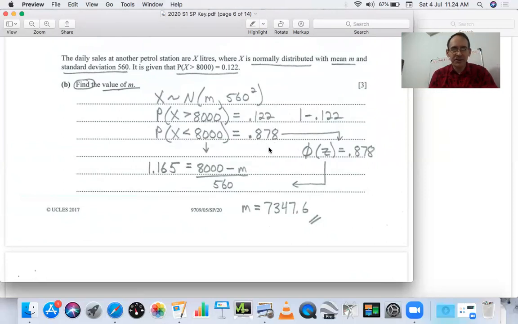Now remember, this is probability, not your z number. So this is not the left-hand column in the upper row. This is the numbers inside your chart, the probability numbers. So you're searching for 0.878 or the number that is as close to it as you can get. And I think actually for this, you look at phi z, and when you look at 0.878, you're going to get a